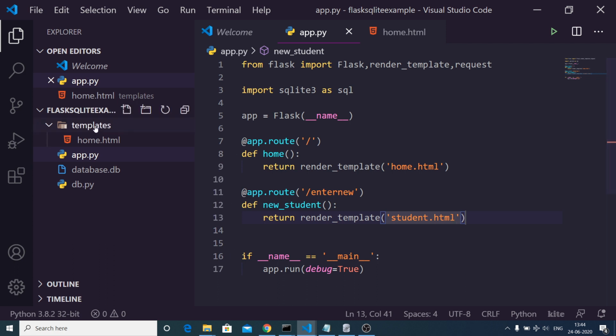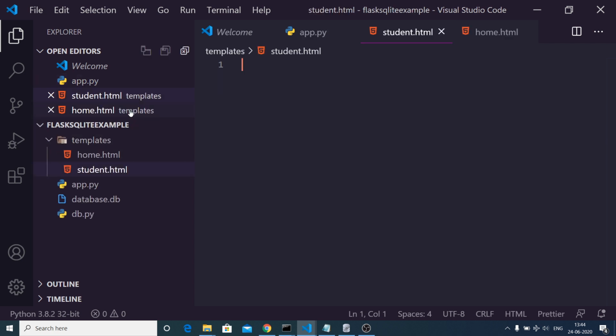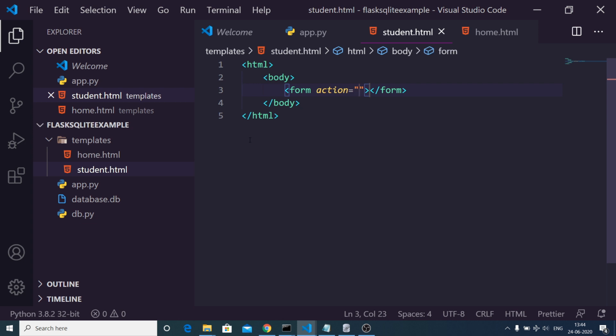Now we once again need to go to the templates folder, create this file student.html. Inside this, guys, we will have a simple form, as I already told you. So form, the action will go to, inside double quotes we will have double curly brackets, and inside this we will use a function which will be url_for, and here we will provide the add record.